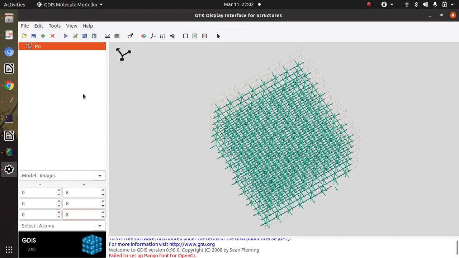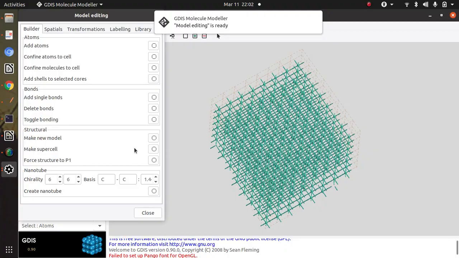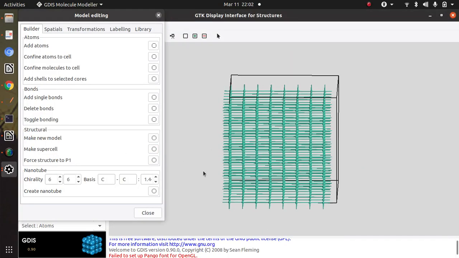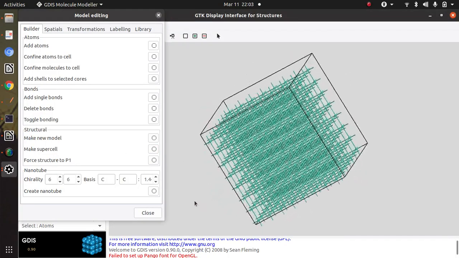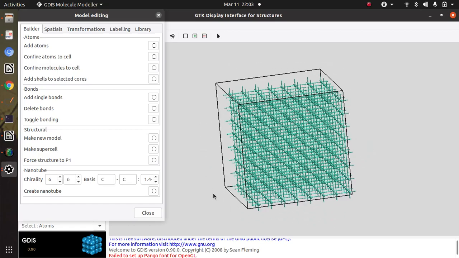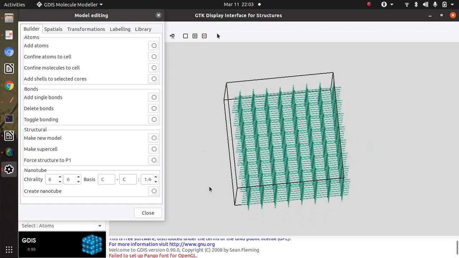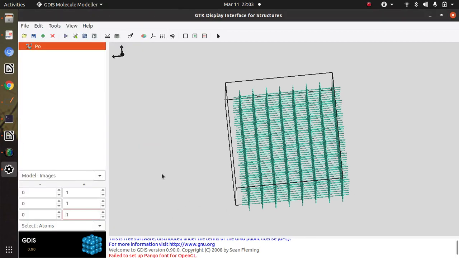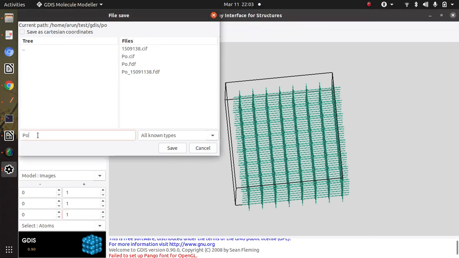Then I go to model editing and make a supercell. Then a single atom will behave as a three-dimensional structure. So I save it as polonium underscore 3d.fdf.